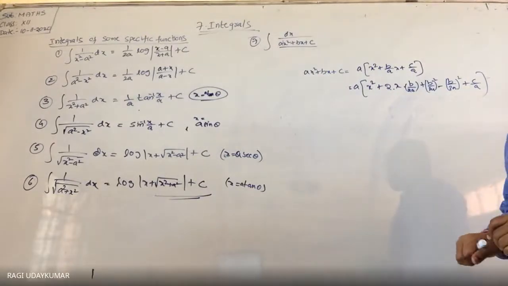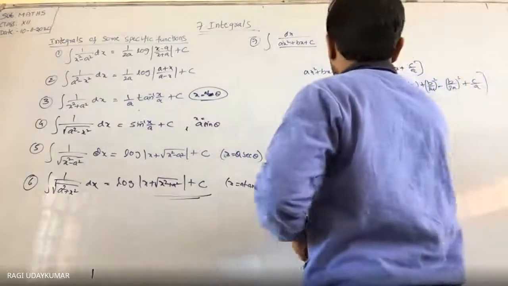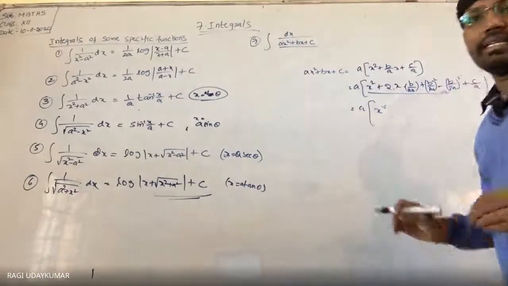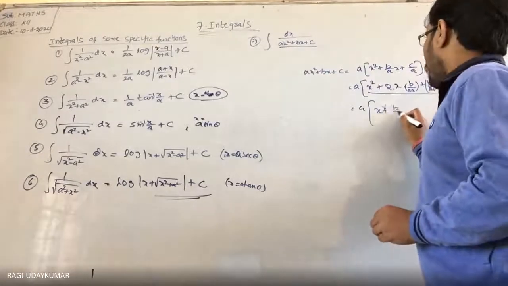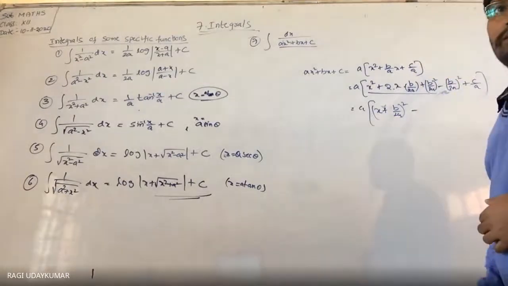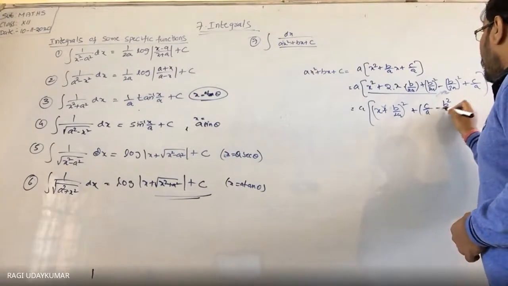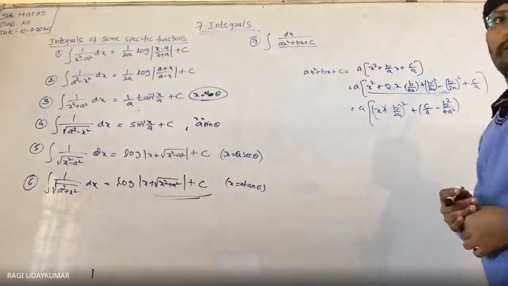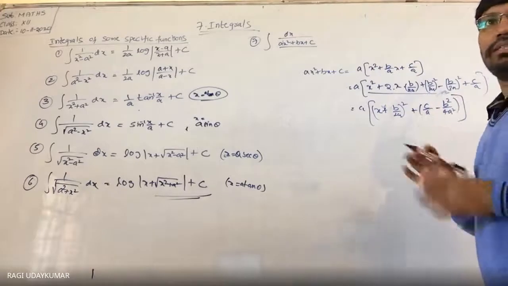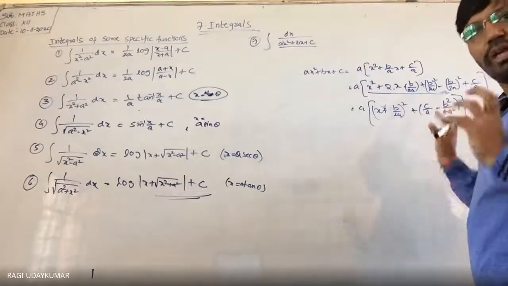Did you understand? Is it okay? Now what do you get here? This is equal to a times, from here to here, you can write x plus b by 2a whole square, plus c by a minus b square by 4a square. If you want, you can simplify this one. This whole thing is a constant. This is completely a constant. So whatever you get in numbers, it will look easy to you.